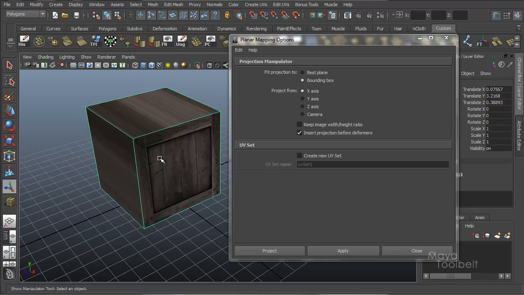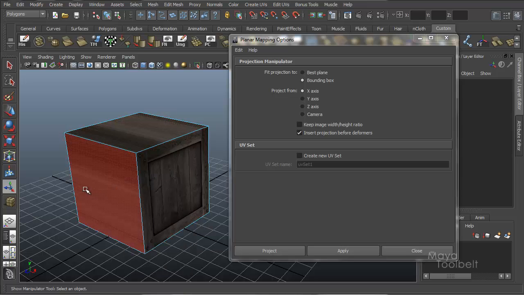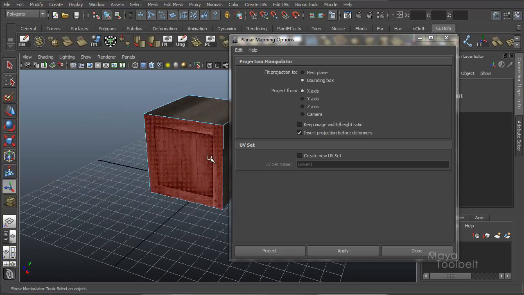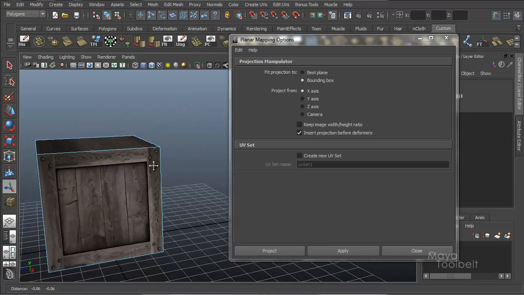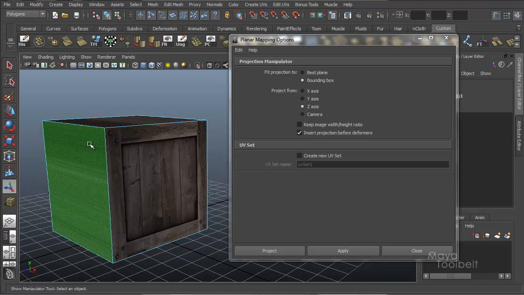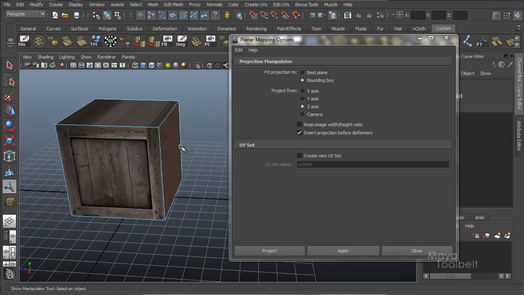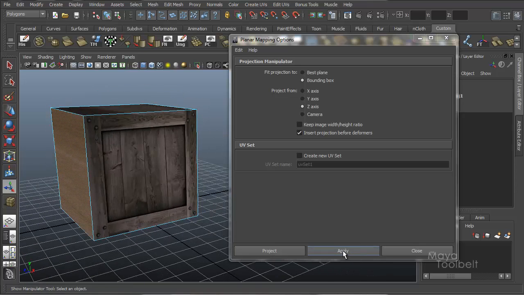So the way we fix that for this cube is to right click on the cube, and we're going to select those faces. We're going to select this face, hold down shift and select this face along the z-axis, and simply in our options we'll change the project from setting. Instead of an x-axis, we'll use the z-axis. And because we have those two faces selected, we're only going to project against those two faces instead of the entire object. So when we hit apply,